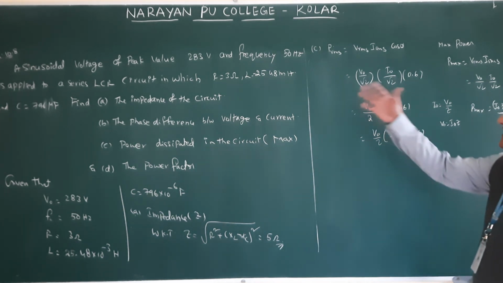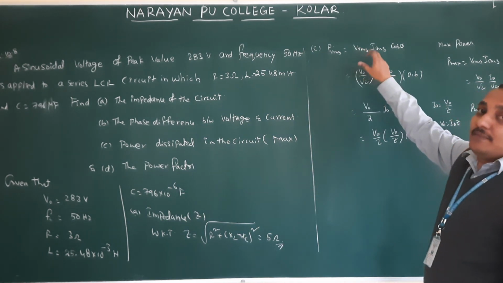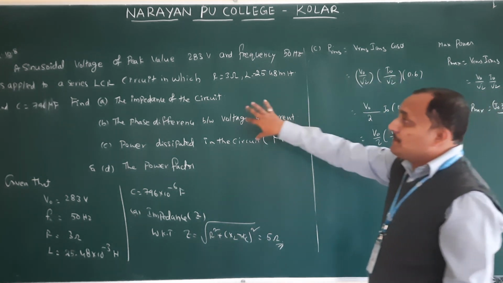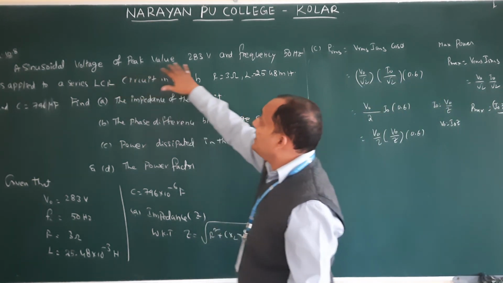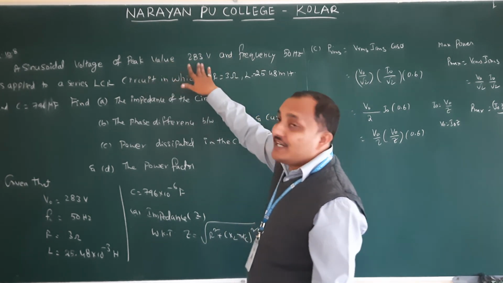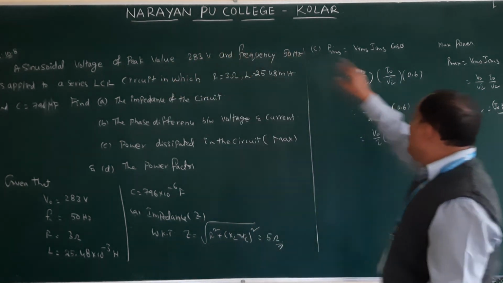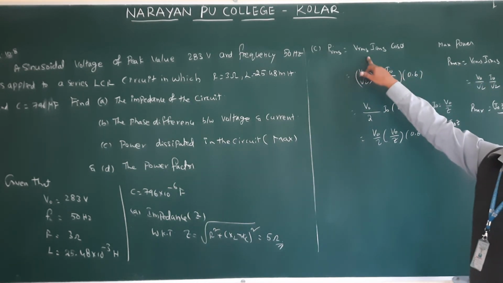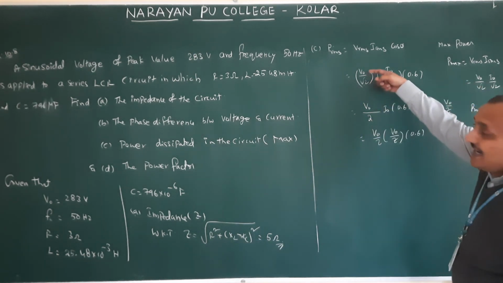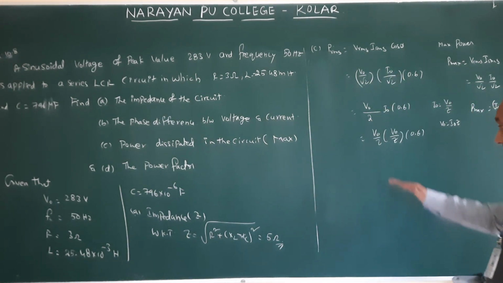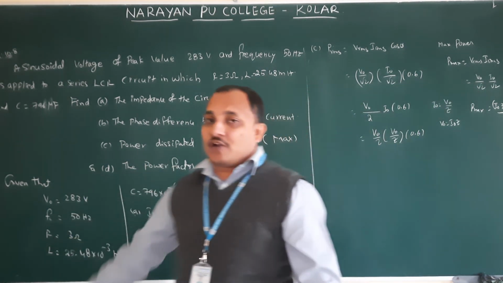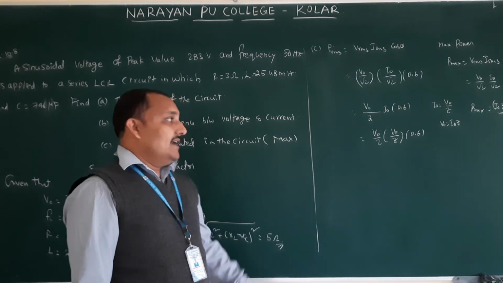Whenever we are solving LCR circuit power, try to write VRMS IRMS. At that time we should remember the value V naught by root 2. In this problem, a sinusoidal voltage of 220 volts, 50 Hz. If they said voltage of 220, it means they gave VRMS, and you can directly substitute. But here they gave the peak value, therefore we are writing like this. Till this LCR circuit and the resonance and all, what we discussed will be there for your exam.